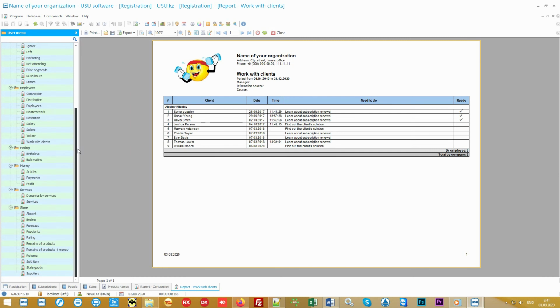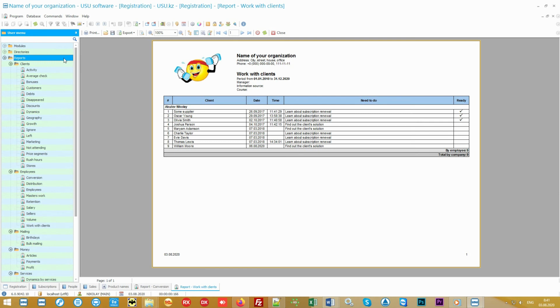It is with the help of analytical reports that you can easily identify the weaknesses of your business and improve them. The faster you do this, the faster you will eliminate all possible financial leaks. With the help of our program, any leader, even without special education, will easily become the best manager.